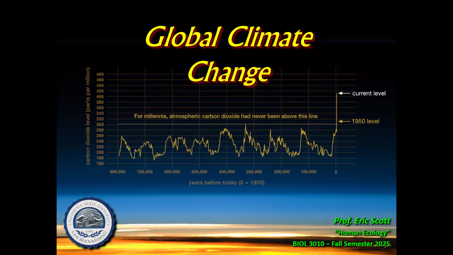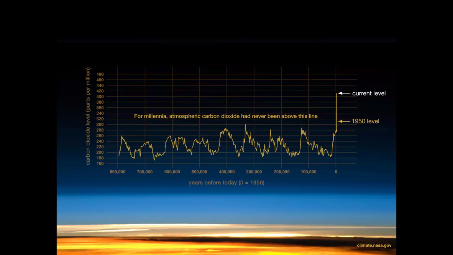Now, some of you may not necessarily subscribe to that interpretation, and that's absolutely fine because we're going to talk about that. There are arguments that there are other things affecting global climate. We're going to look at some of those. The key is going to be, and I will be hitting this repeatedly, can the current pattern of global climate change that we are observing and measuring be explained by natural forces, by natural causes, or is there some other impact that's driving this? And so let's go ahead and start by talking about global climate change.